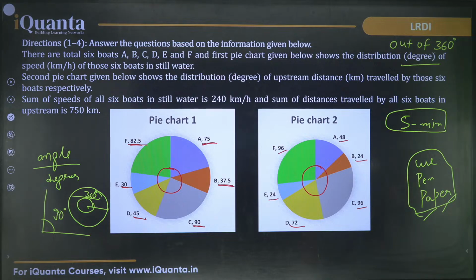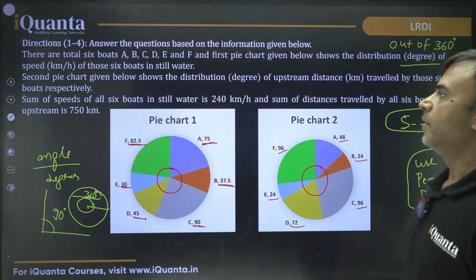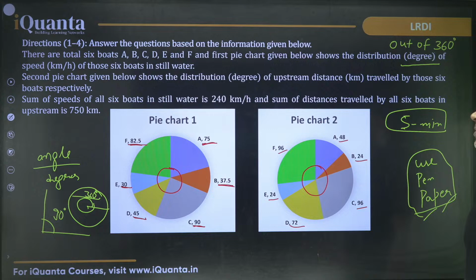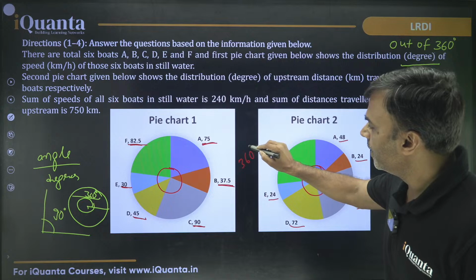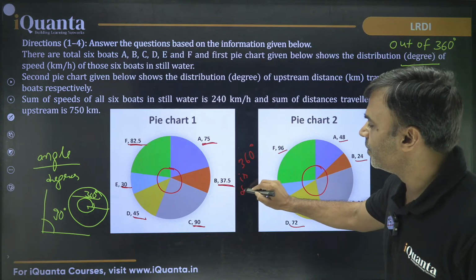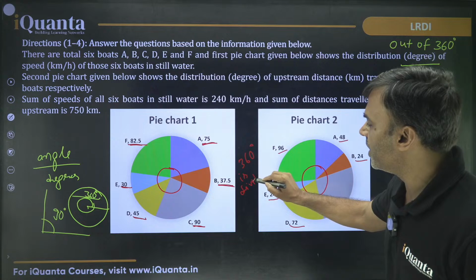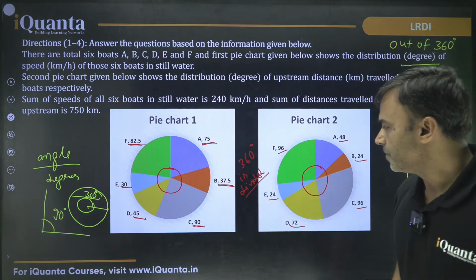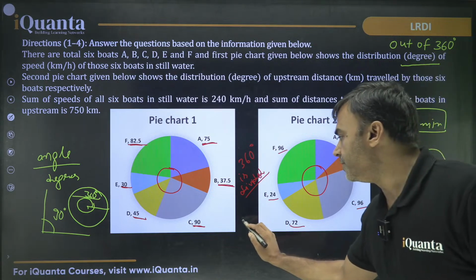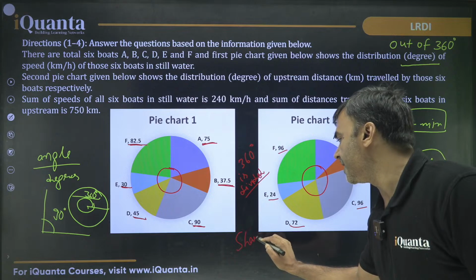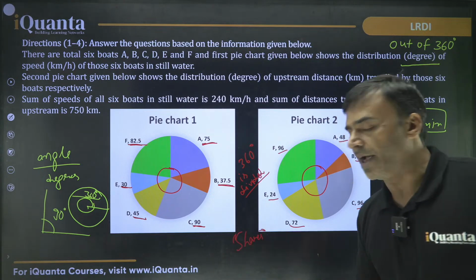Very good. In a way, you can also say that 360 degree is divided. Do you understand that? It is divided among 6 parts in both the cases. 360 degree is divided among the 6 parts. So we can identify the individual shares. 360 में से कितना किसका share है, that we can find.